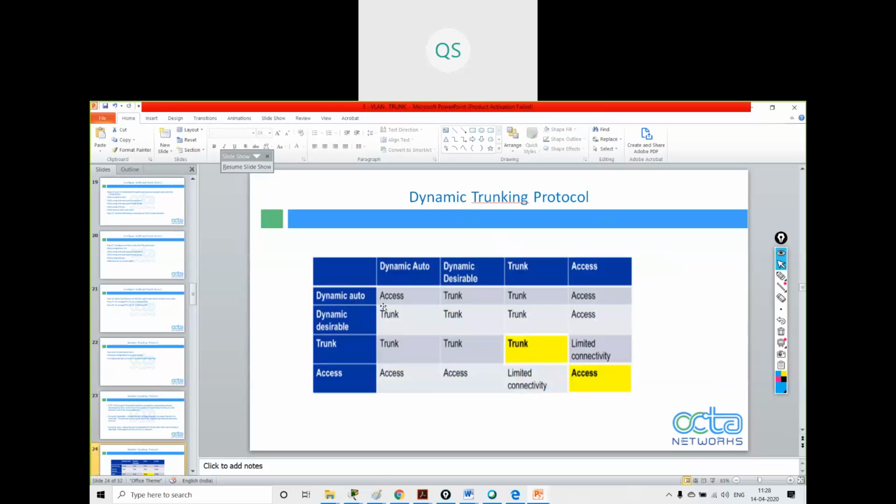If you are using dynamic auto and dynamic auto on both sides, on both the switches, see we have two switches, this is one switch, this is another switch, and this is the link. Now if I'm using dynamic auto on both sides, then the link will always be an access link, it will not come up as a trunk link. Now if I'm using dynamic auto at one side and dynamic desirable at the other side...